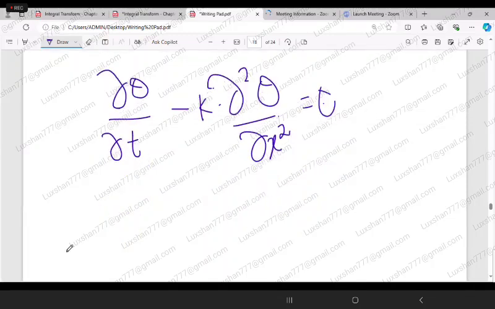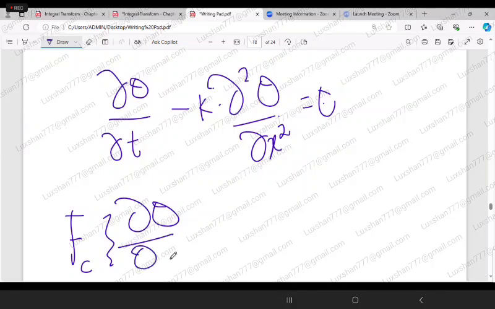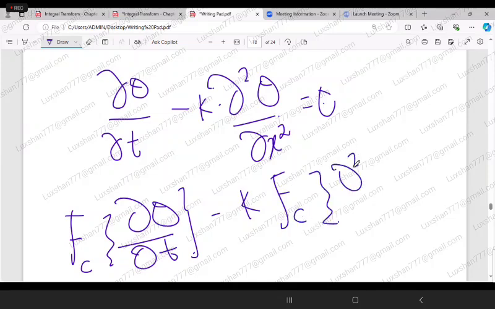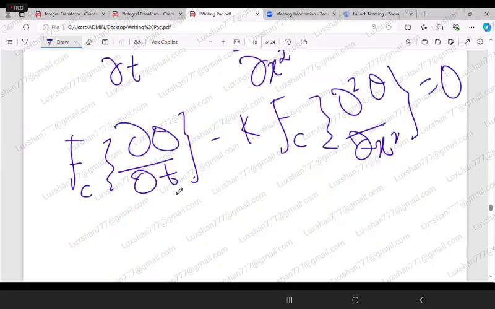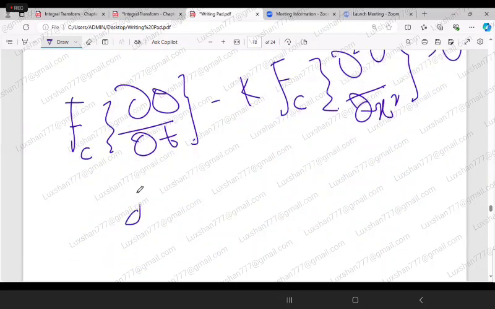So I'm taking the Fourier cosine transform. Fourier cosine transform of ∂θ/∂t minus k into Fourier cosine transform of ∂²θ/∂x² equal to 0. This t is the secondary variable, so I don't have any problem. So I can write it as dθ̄c/dt